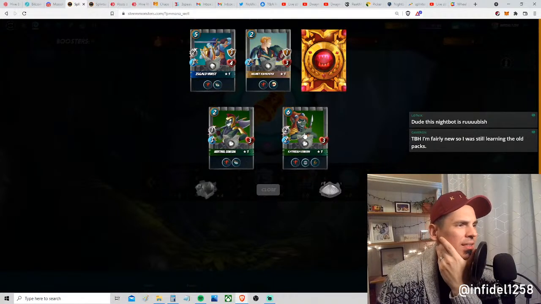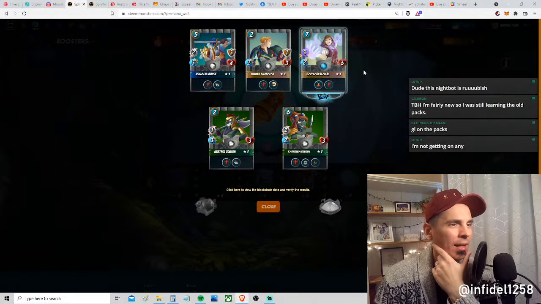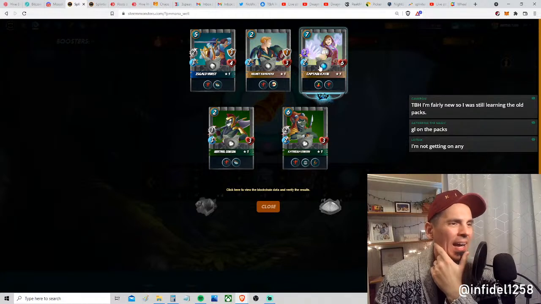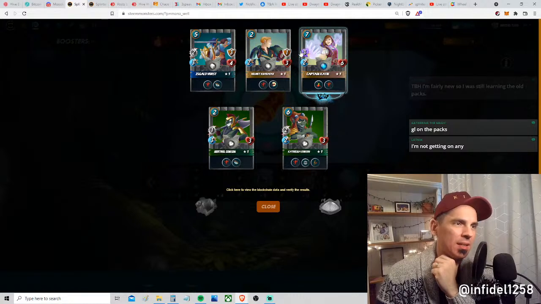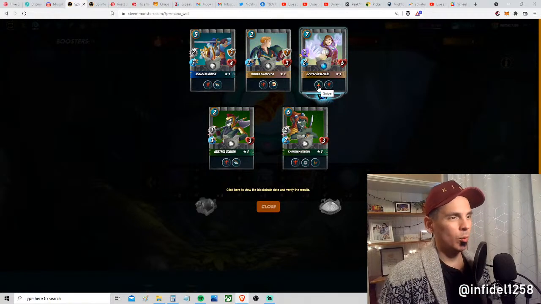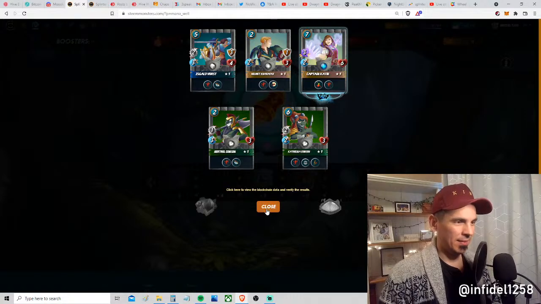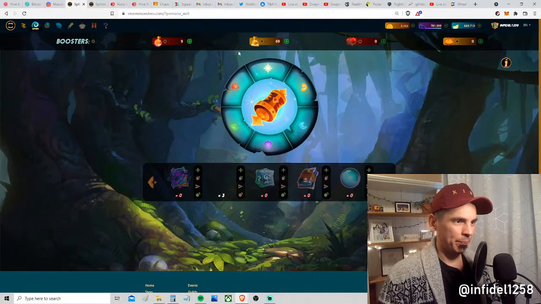This is one of my favorites, and this is a good one too. Oh, I haven't had that one yet. That's a new one to me. Look at that, 3 magic. And they all have Bloodlust. So when this guy drops and kills an enemy, it's going to go up to 4 magic and 3 speed and 7 hit. This is a good card. And it has Snipe. Ooh, that's nasty. That's really nasty. That's going to help me a lot.